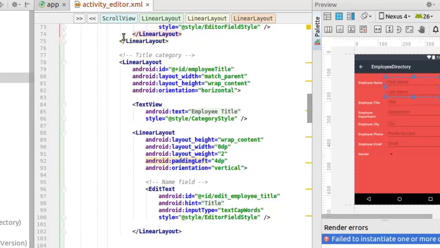We have for the employee title also another linear layout, with the text view of employee title, and the edit text houses the title of the employee,